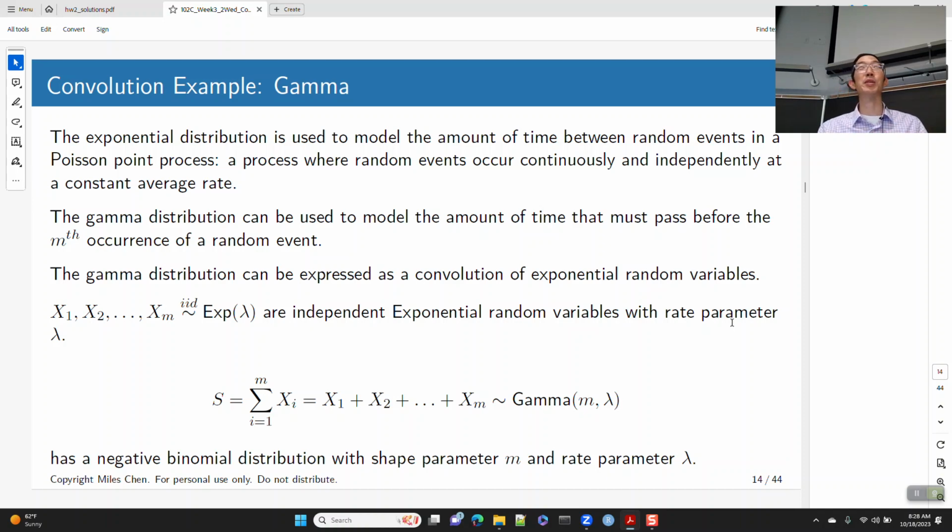Maybe one customer comes in 10 minutes after the other. So the exponential can be used to model how much time is in between these things, and you have this rate parameter lambda,